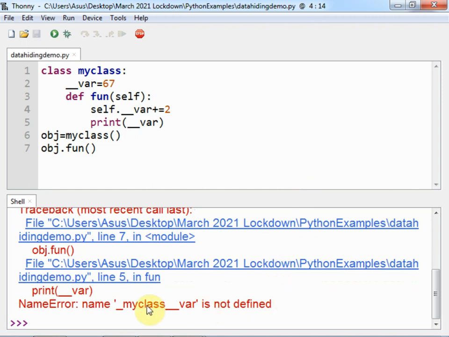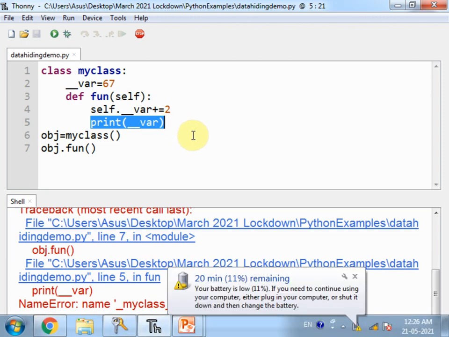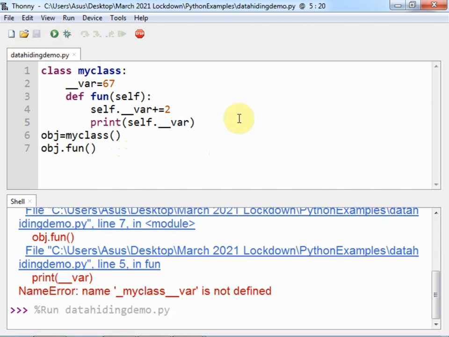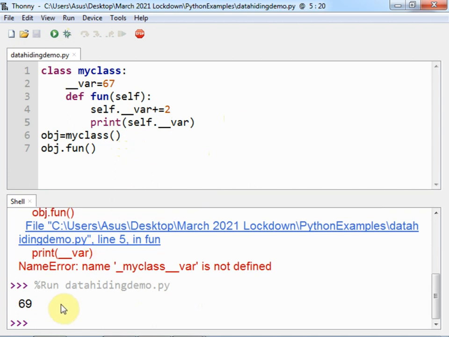See, the error is _MyClass__var is not defined. So here this has the error. So in the print statement also we have to use self.__var. Let us run it once again, and the answer is 69. So this function will return 69 because now 67 is incremented by 2.